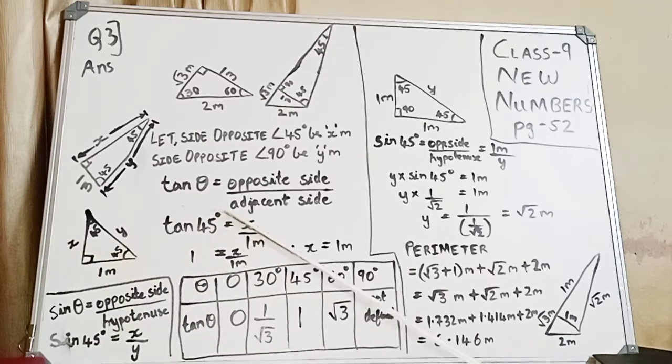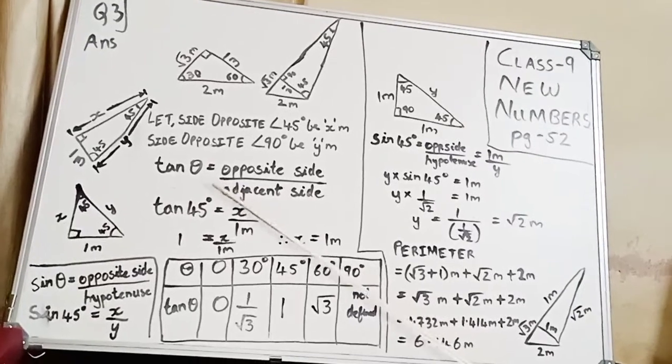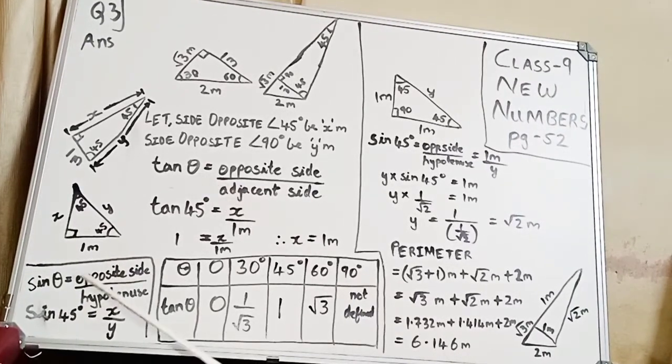For example, if we take sin 45, then we will get this. Sin 45 is opposite side by hypotenuse. So sin 45 means the opposite side of 45 would be x. Hypotenuse is the side opposite to 90 degree. So that is how we got x by y. But by using this previous sin theta, we won't be getting the answer because x and y both we don't know. This same diagram I have drawn over here.